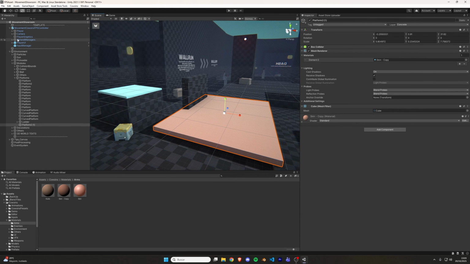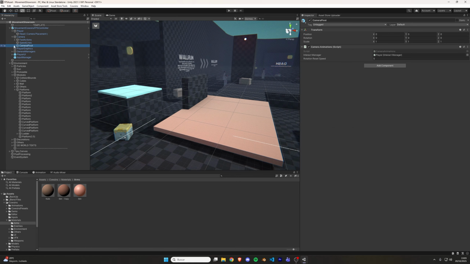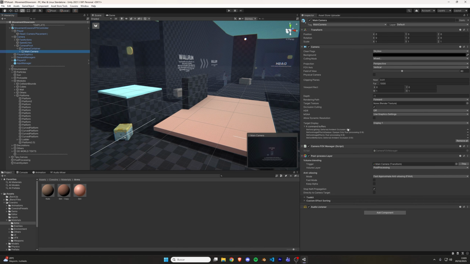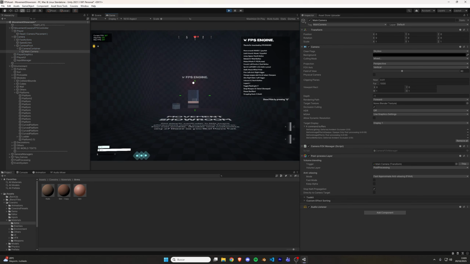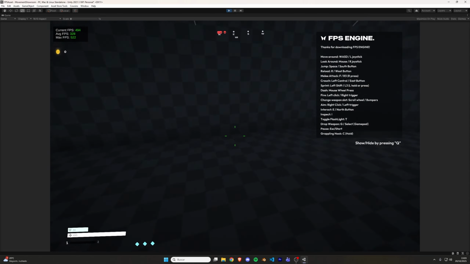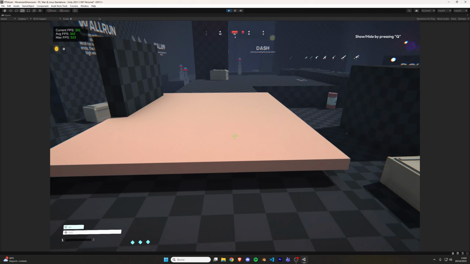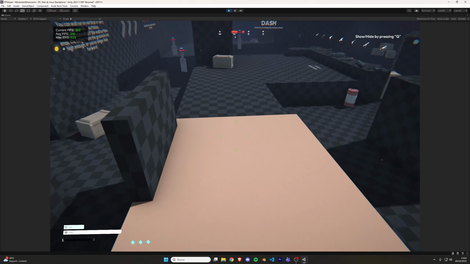Yeah, the player cannot see this because it's in a whole different layer that's not allowed just yet. So you need to go to main camera, and here you need to add the concrete layer to the culling mask. Sorry about that. Okay, cool. So as you can see, this is the default step. And now if we step onto this concrete surface,